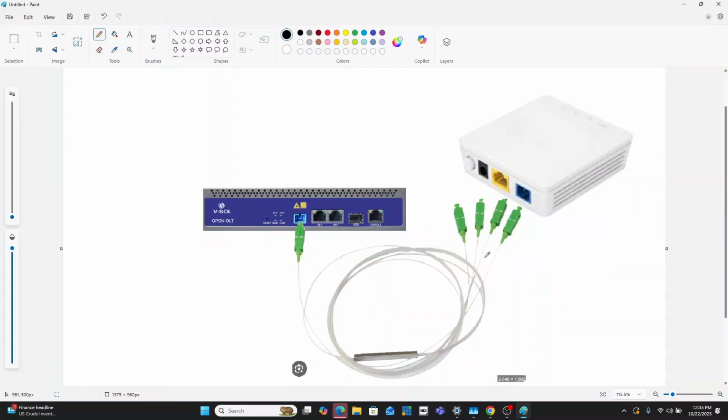Meaning, if customer A is 200 meters from the ISP, that means in total I would have consumed 400 meters of fiber cable, isn't it? 200 for transmit, 200 for